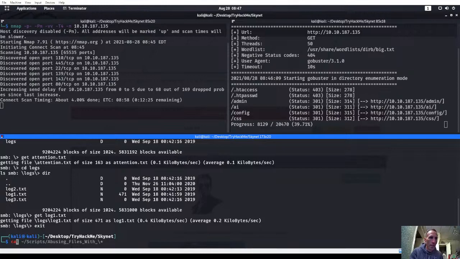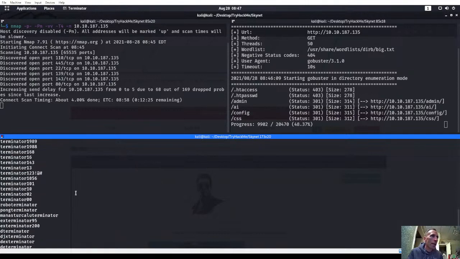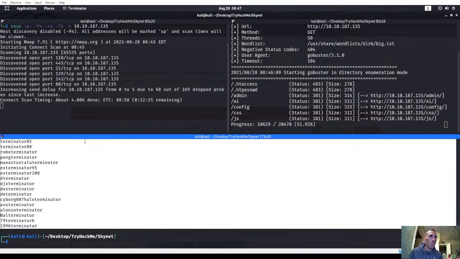Let's go ahead and cat that attention.txt and that log. Recent system malfunction has caused various passwords to be changed. All Skynet employees are required to change their password after seeing this. Alright, cool. Go ahead and cat that log1.txt. And it looks like a password list. Alright. Well, we have